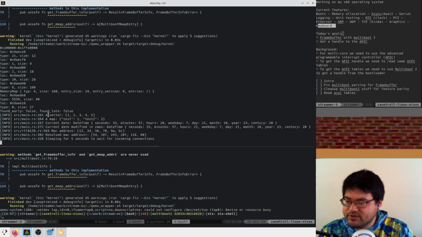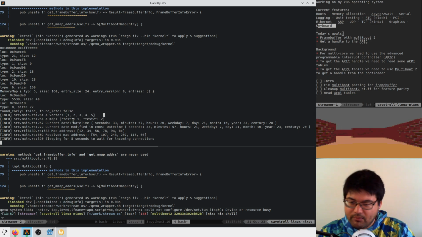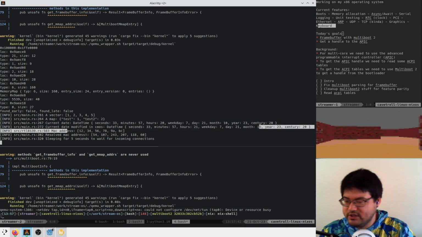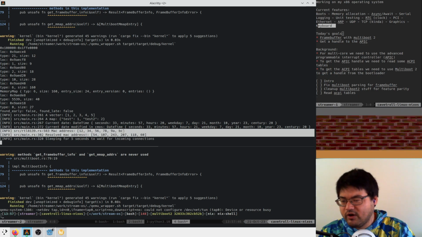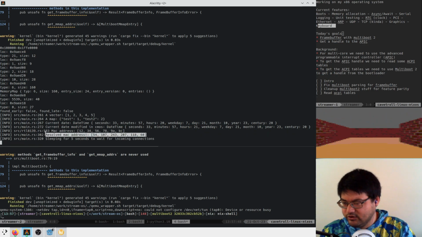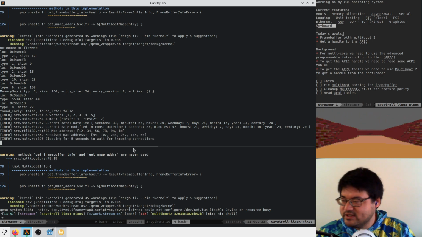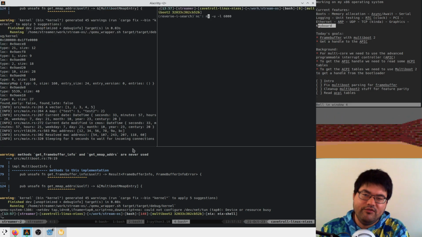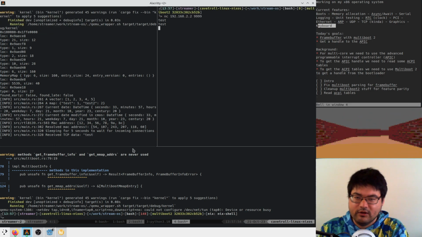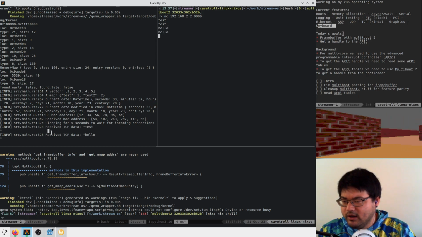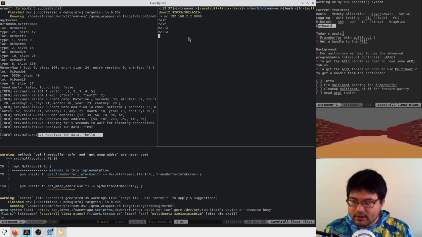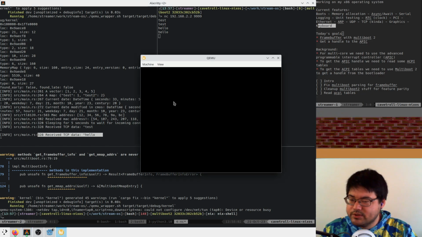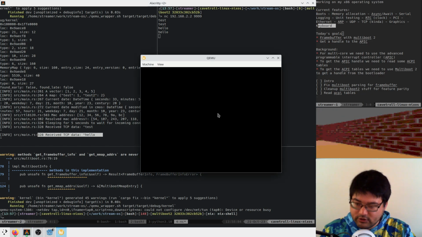It does some demo stuff where it says, hey, look, we have a vector, we have a map, we have date time, and we modify the date time in the RTC, and we can get our MAC address from the Ethernet card, and we can find the MAC address of another PC on the same network, and we can sleep. And if I set up netcat, I can say hello, and my OS receives the word hello and sends it back. So everything's kind of working. But we used to have a game in this window, and that's not working right now.